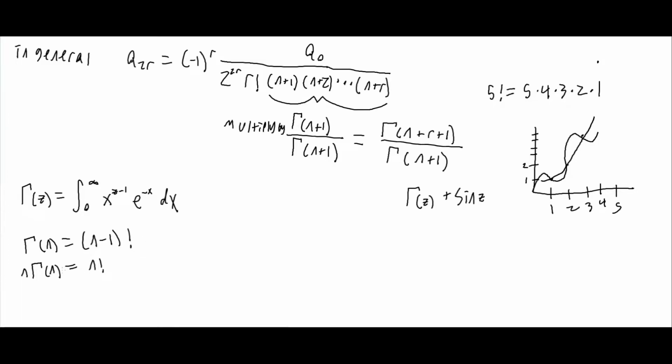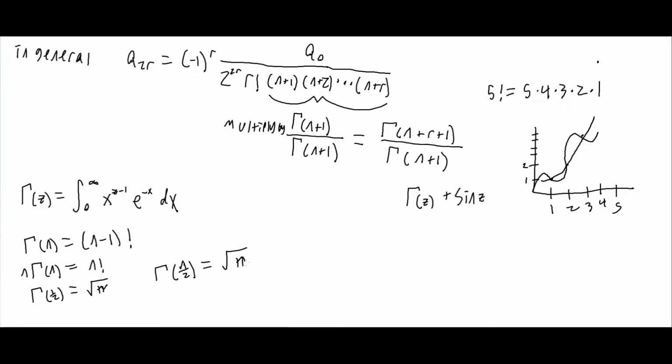So that's why you would get that there. And if you actually take the gamma function at 1/2, it is equal to the square root of pi. And in general, the gamma function at any sort of half integer is going to be equal to the square